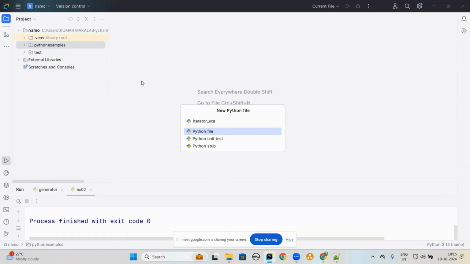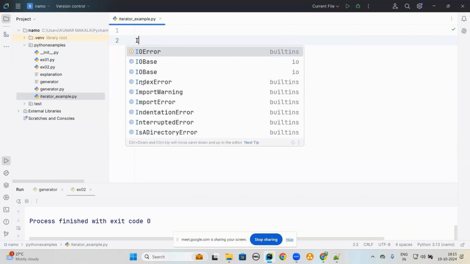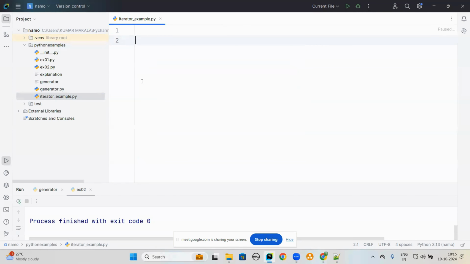Even this is an interview question, guys. Iterator example. Iterator is an object